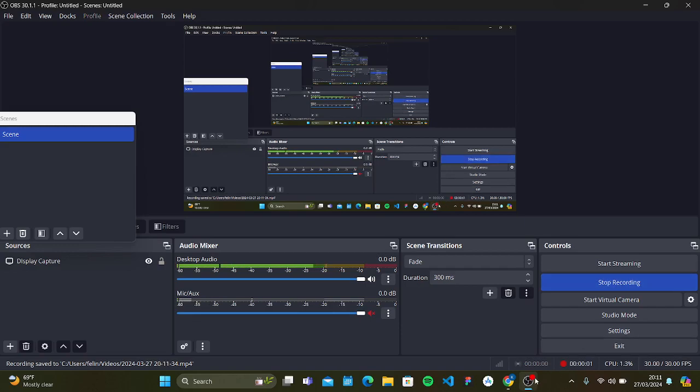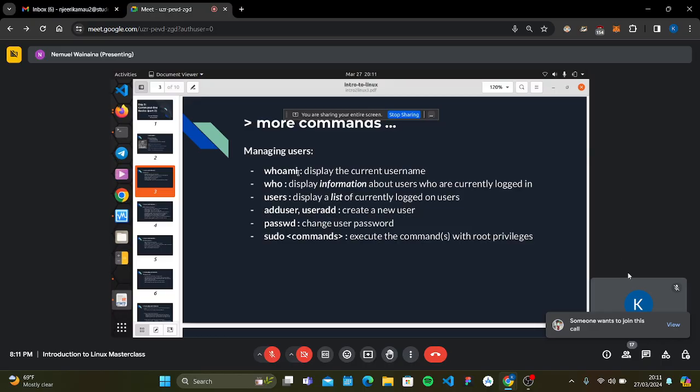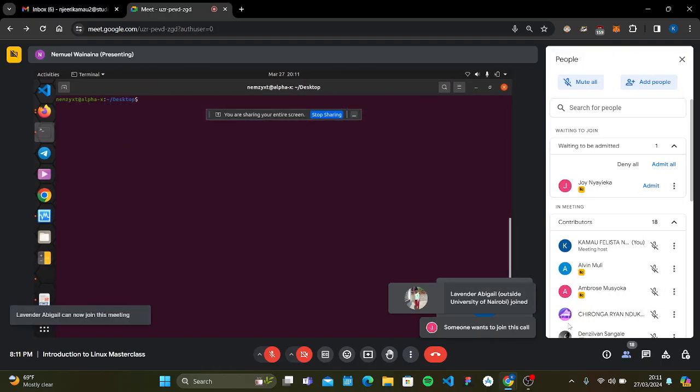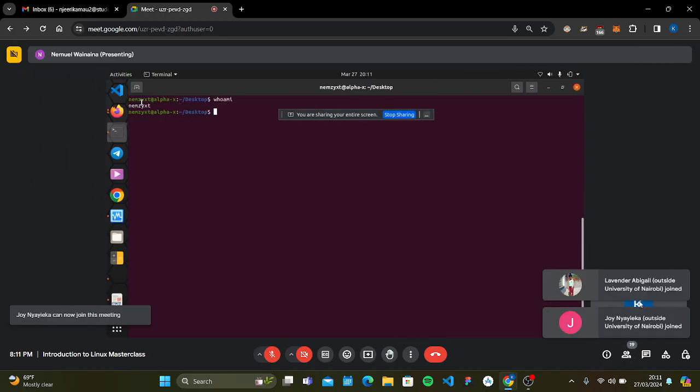The purpose of the whoami command, just as the name suggests, is to get the username of the currently logged on user. So I'm just going to be doing it practically. I'm going to type it in right here: whoami. Hit enter, and as you can see, I get the username of the currently logged on user,